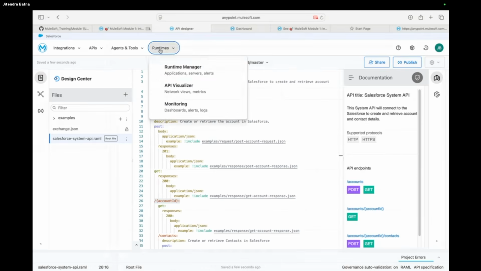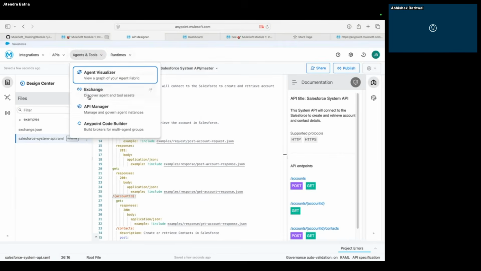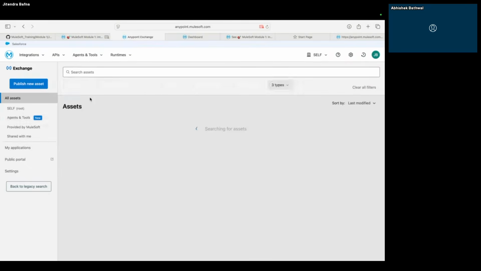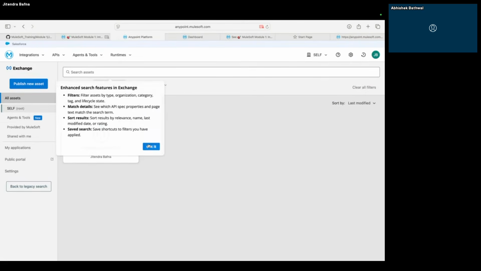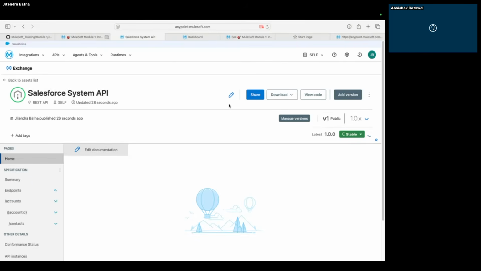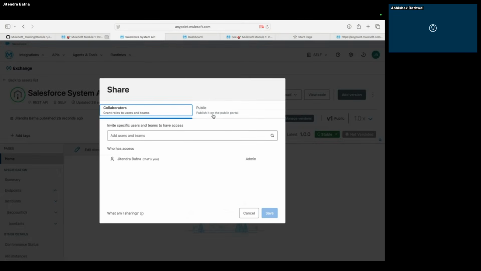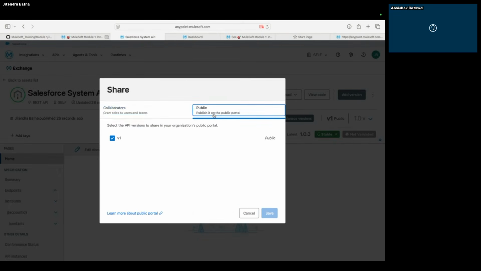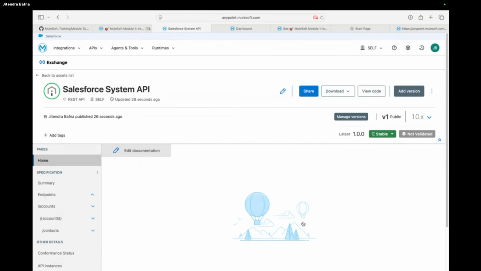Let me go back to my Exchange. Just to add, when you say development, that means it is still in progress. You are not sure, and there can be changes. But just to save it, we move it as a development. Now you can see the stable version here, and you can deprecate also. The third is deprecated also.